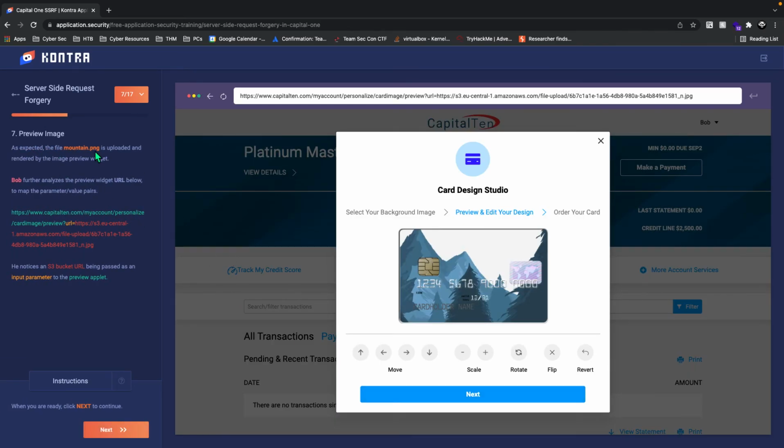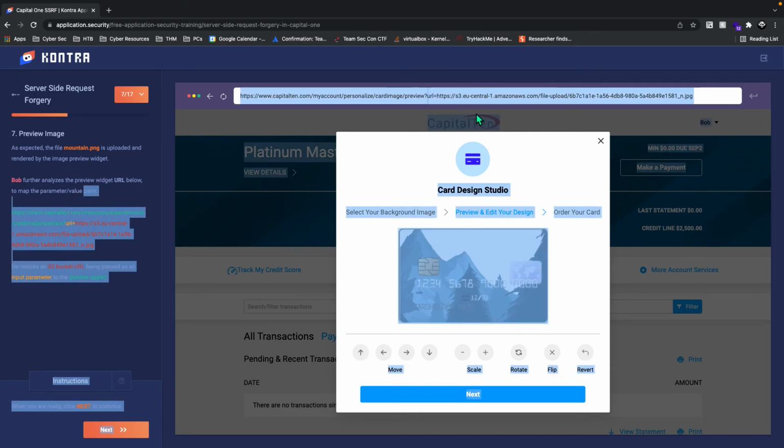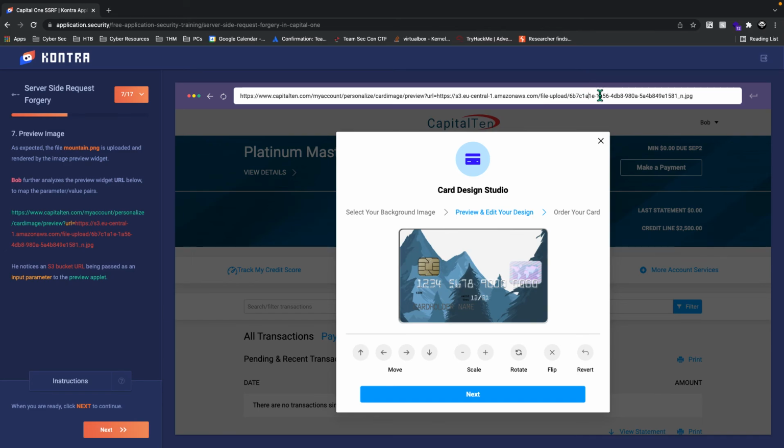And preview the image. As expected, the file now is uploaded and rendered by the image preview widget. Bob further analyzes the preview widget URL below the map parameter value pair. So this is the preview widget